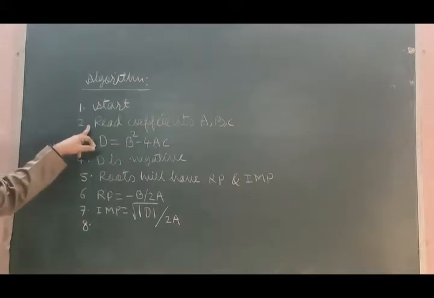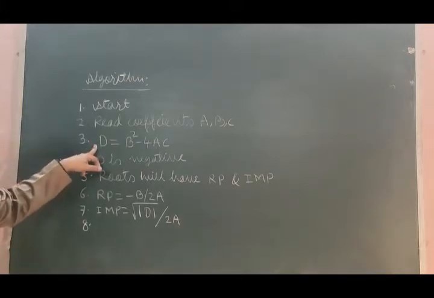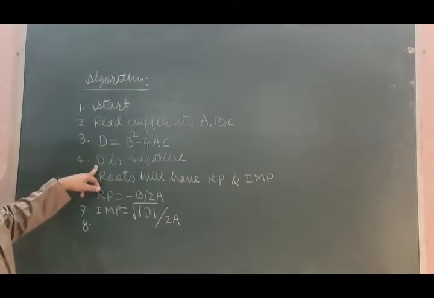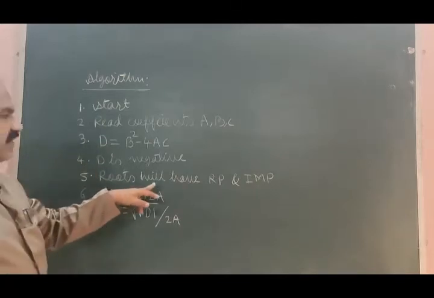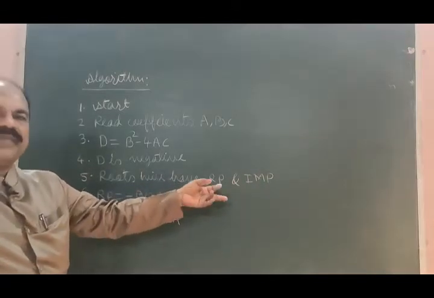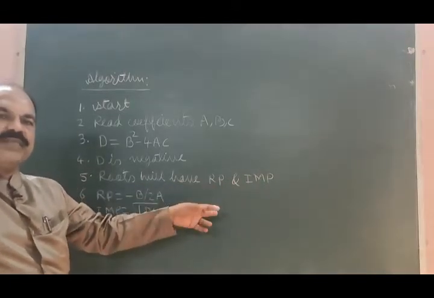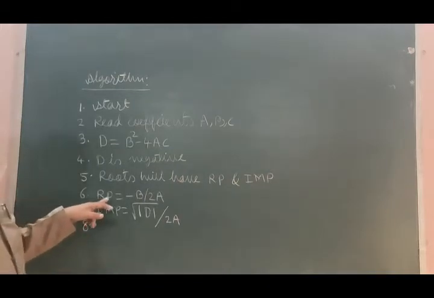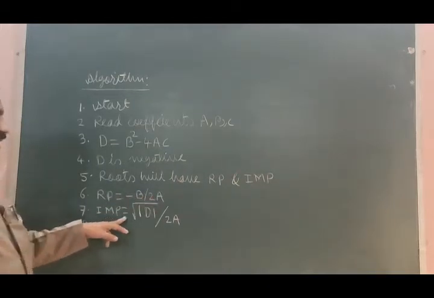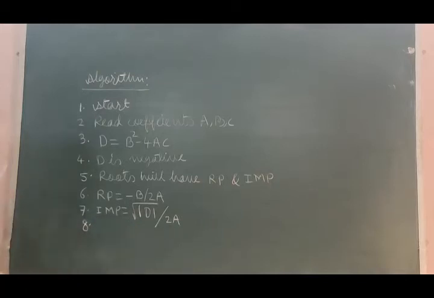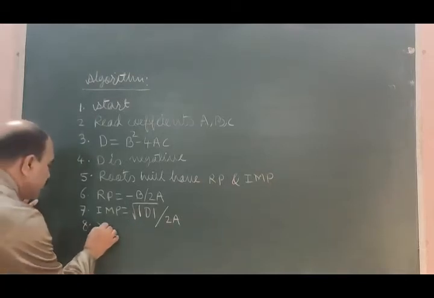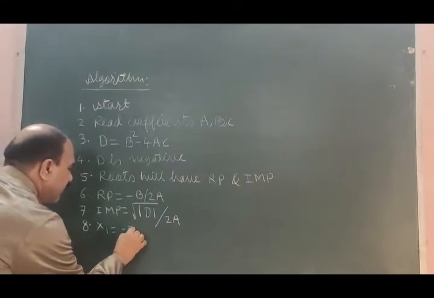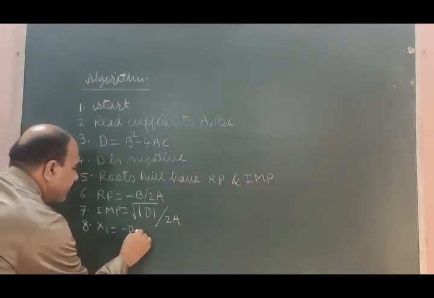Start. Read the coefficients, find the value of the discriminator. Suppose the discriminator D is negative, it means that the roots will have RP and IMP, real part and imaginary part. Of course, two roots will be there. So RP will be this, IMP will be this. Okay, so what will be first root x1? It will be minus B